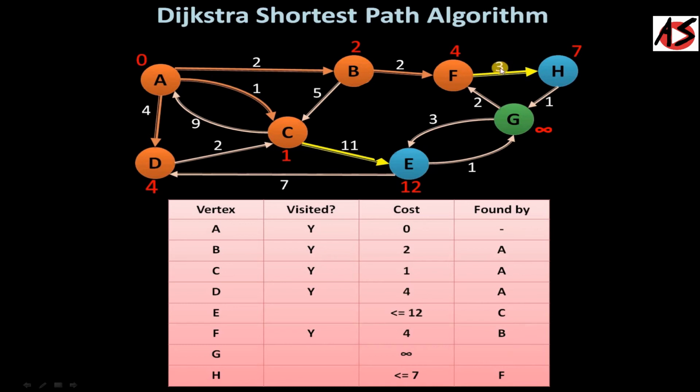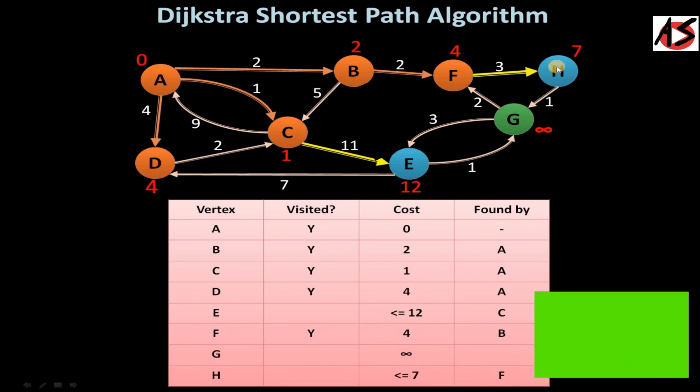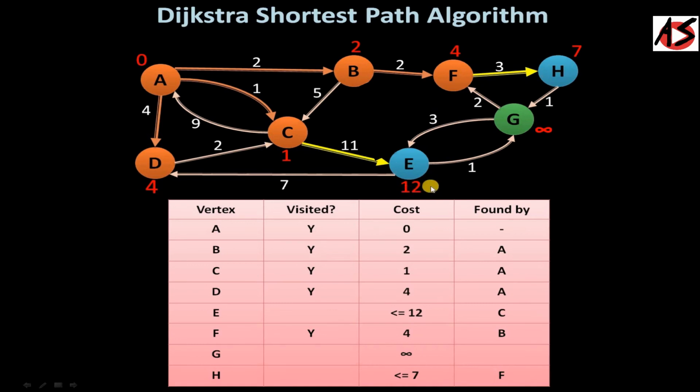Now the list of nodes that we have explored, that is H and E. So the minimum cost node is H here because E has a value 12 and H has a value 7. So we will mark H as a visited node and we can fix the cost 7, and it is found